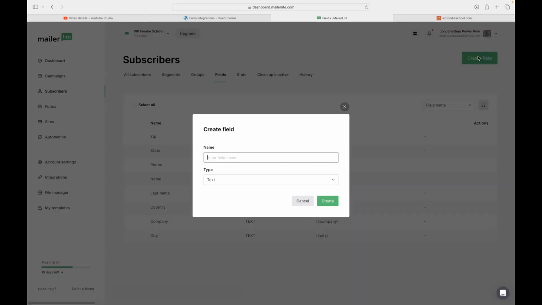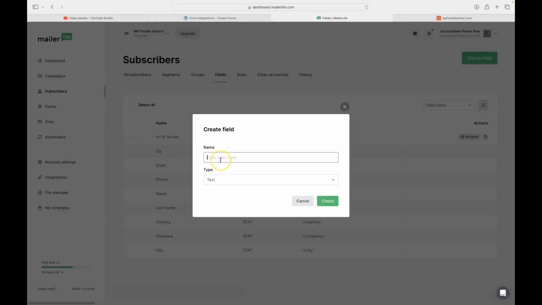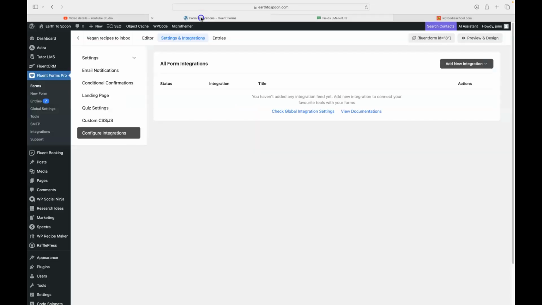So we're going to create a field. We're going to call it URL of recipe, leave it as text. We're going to create another field called name of recipe. So we just need two. So they are there now, name of recipe, URL of recipe. So I explained